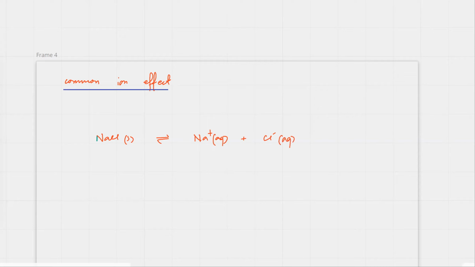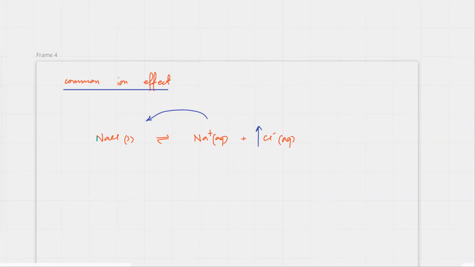Now what if the solution already contained a lot of Cl ions even before you are adding NaCl? For example, you took tap water, the tap water had a lot of Cl ions. So if the Cl ion concentration is very high, if you're trying to dissolve NaCl, where would the equilibrium shift? To the left. Okay, so it's going to shift to the left, and that means the solubility of NaCl would decrease,